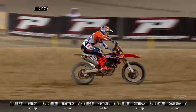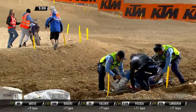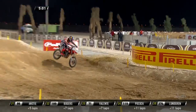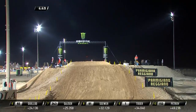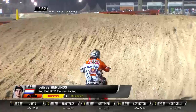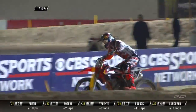But Hurlings, with 5 to go, just looking. Another rider down. Growless is down. So Damon Growless, where's that? That's at the end of the wave section going into turn 3. So he's obviously had a moment similar to that of Tixier's. Threw him over the handlebars, and we saw what happened, how that happened. There's obviously a bit of a hook there on the last wave as they come in, and if you get that wrong and it pitches you over the bars, saw the bike was pretty close to him as well, so either the marshals are using that to protect him, or he's probably just been hit by his own bike, and obviously being lifted on a stretcher could be anything really, but